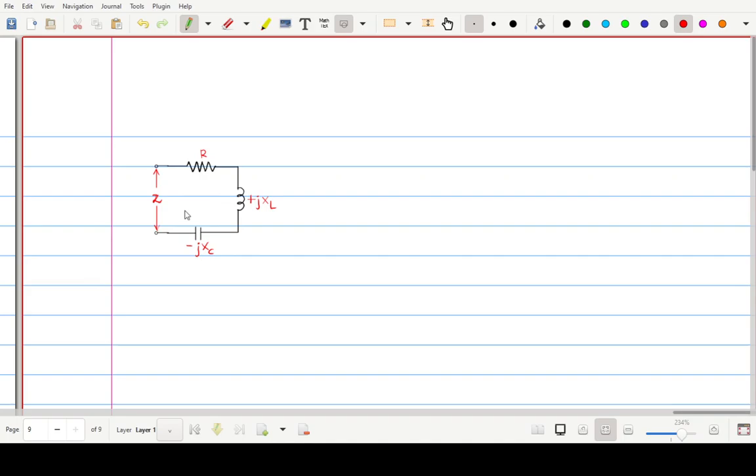But now suppose you want to measure admittance of this circuit, then you have to find out the dual of this circuit. Means you have to convert R, XL and XC into their equivalent parameters. So how is this possible? Friends, this will be your equivalent circuit. So here we are having Z, and Z will be converted into Y, means impedance is converted into admittance.